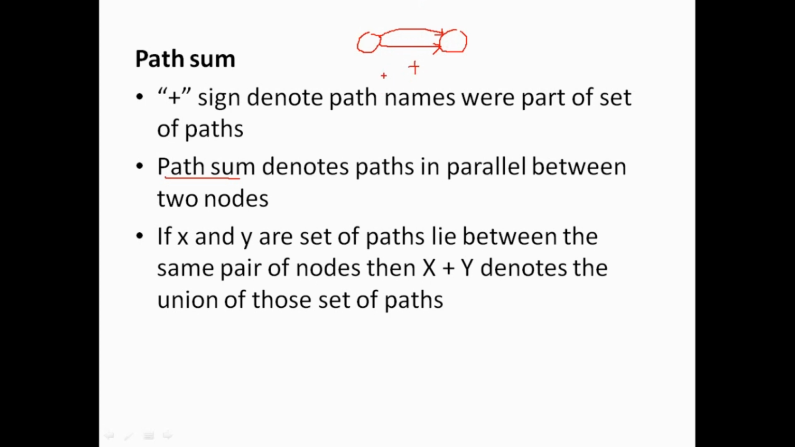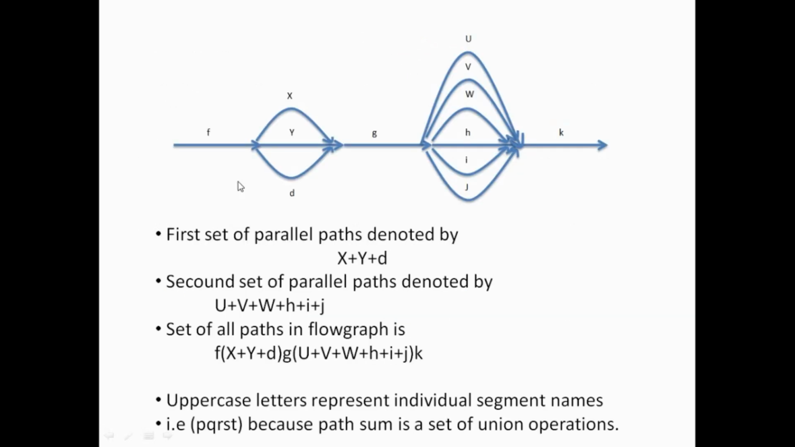To add these particular paths, we can write an expression. If x and y are the sets of paths that lie between the same pair of nodes, then the expression x plus y denotes the union of those sets of paths. Next example, let's consider